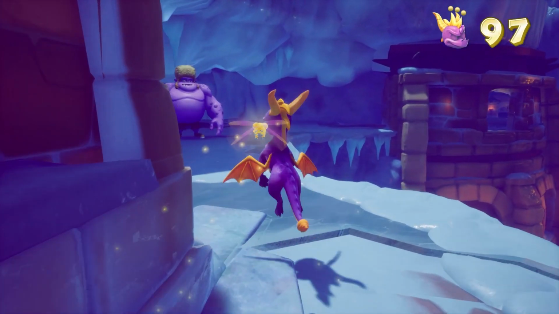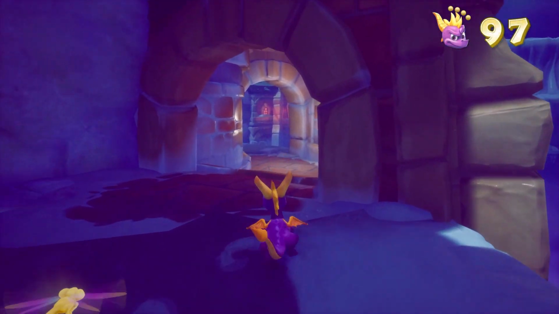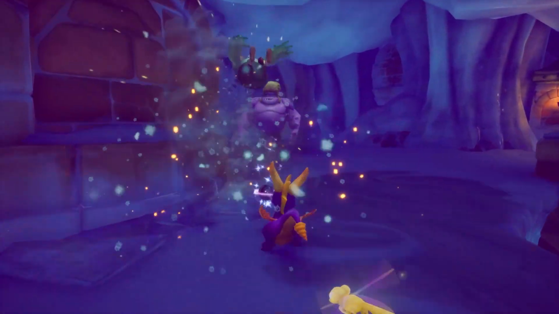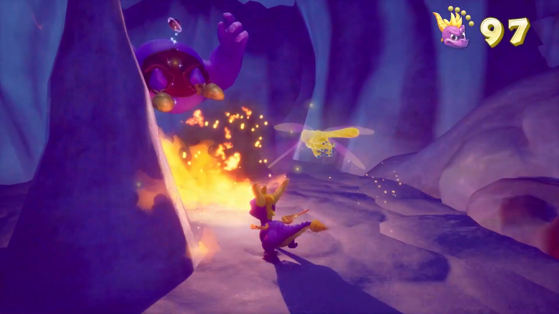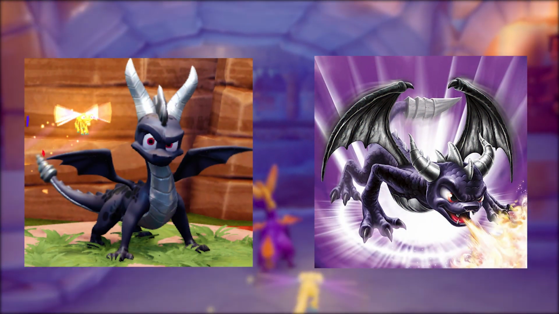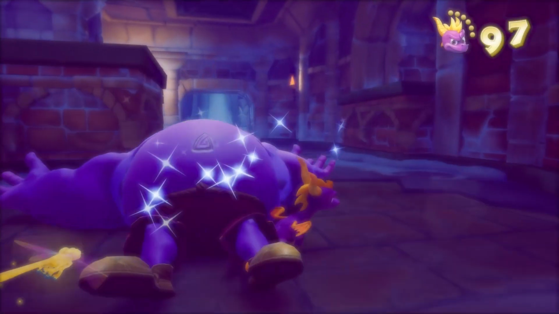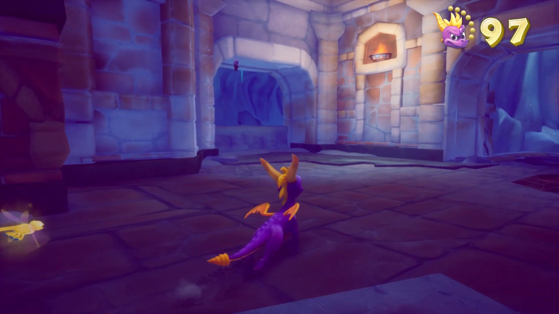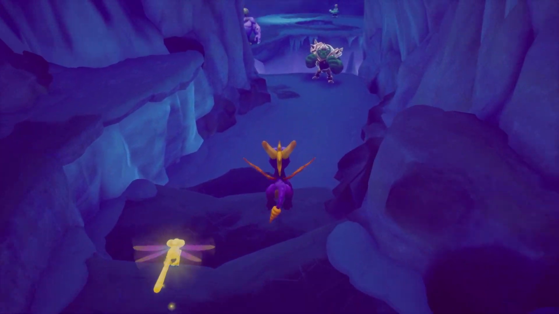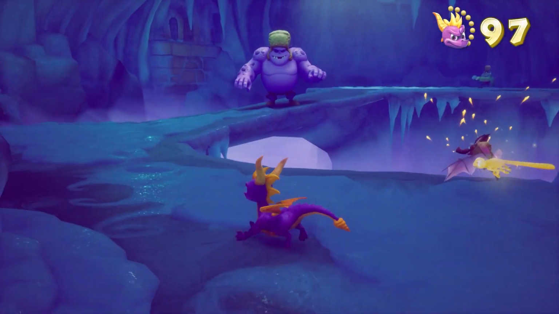Now, in appearance, the Spyro render looks relatively the same as the reignited version, because, well, that seems to be what it's based off of. Now, the Dark Spyro, of course, for those who already have noticed it, has the same color scheme as the Dark Spyro from CTR Nitro Fueled, and what inspired that, Skylanders. Now, of course, this is a reference to each version of Dark Spyro, and, well, it could always be taken as that. But this is Lore of the Dragon. I'm going to probably think too far into this.